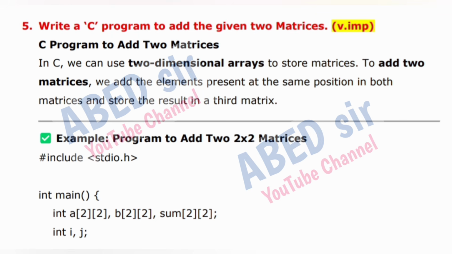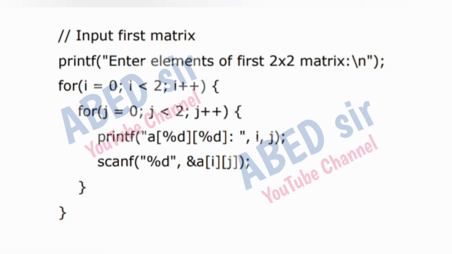#include <stdio.h>, int main, int a[2][2], b[2][2], sum[2][2]; int i, j. Input first matrix: printf("Enter elements of first 2x2 matrix\n"). For i = 0; i < 2; i++, for j = 0; j < 2; j++, printf("a[%d][%d]: ", i, j); scanf("%d", &a[i][j]);